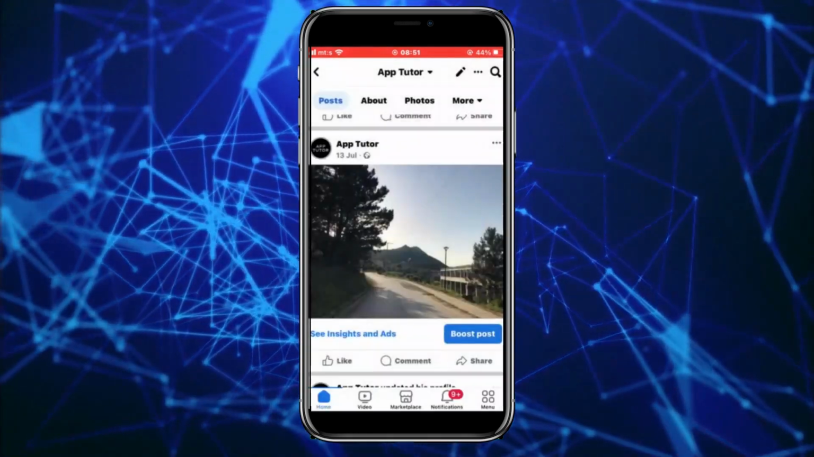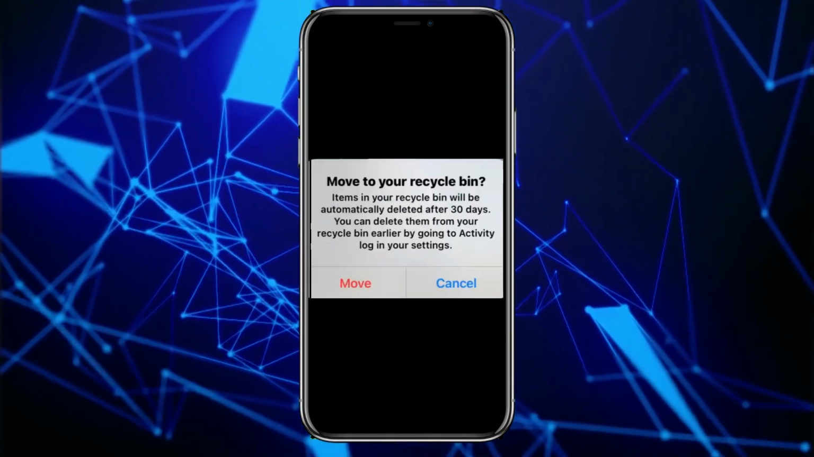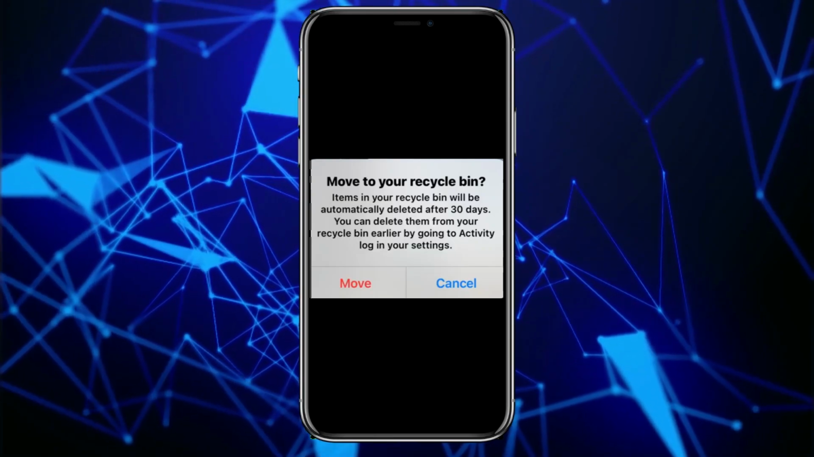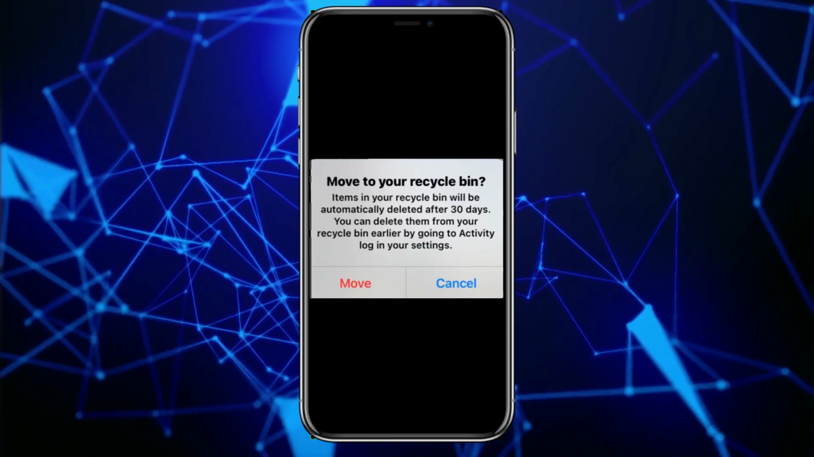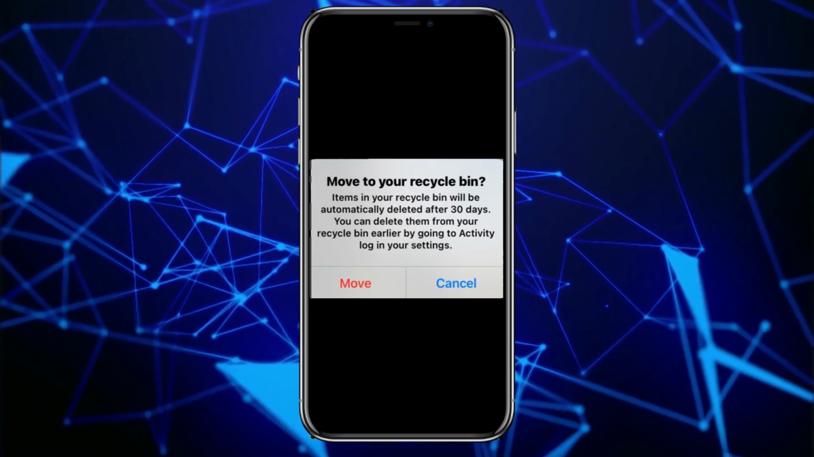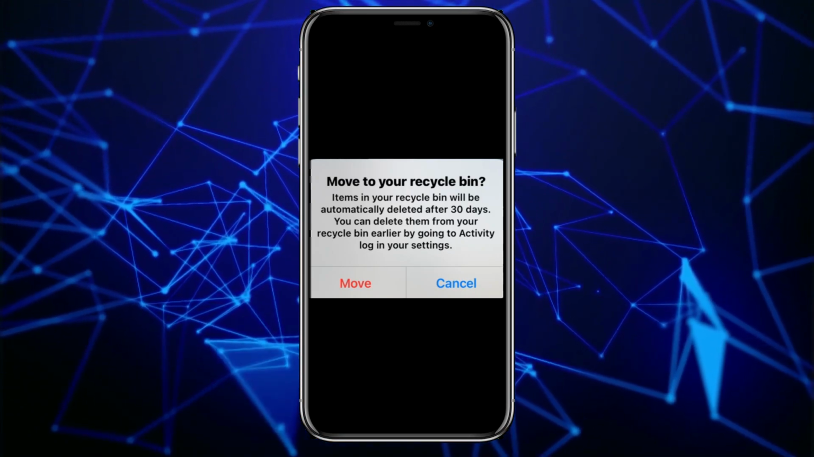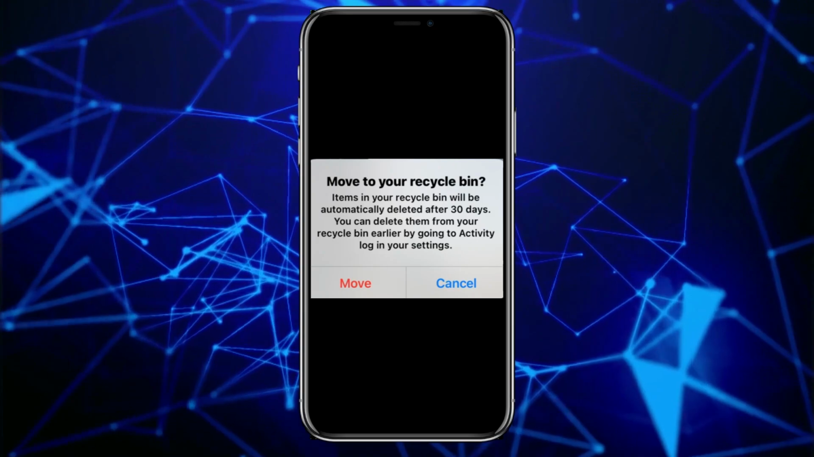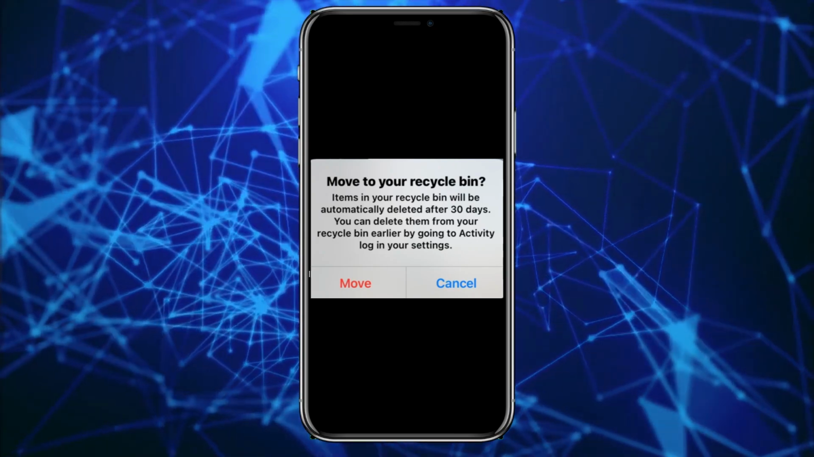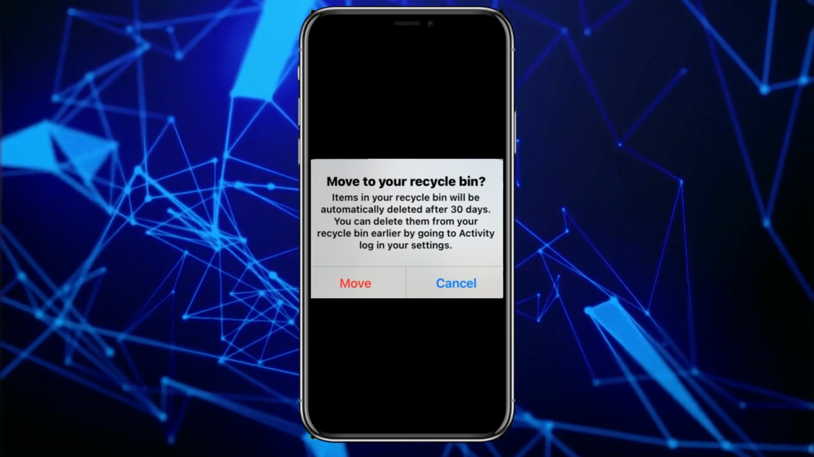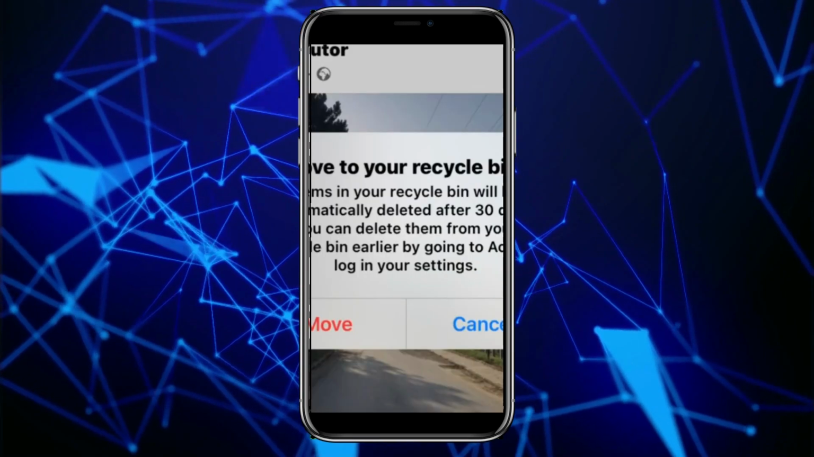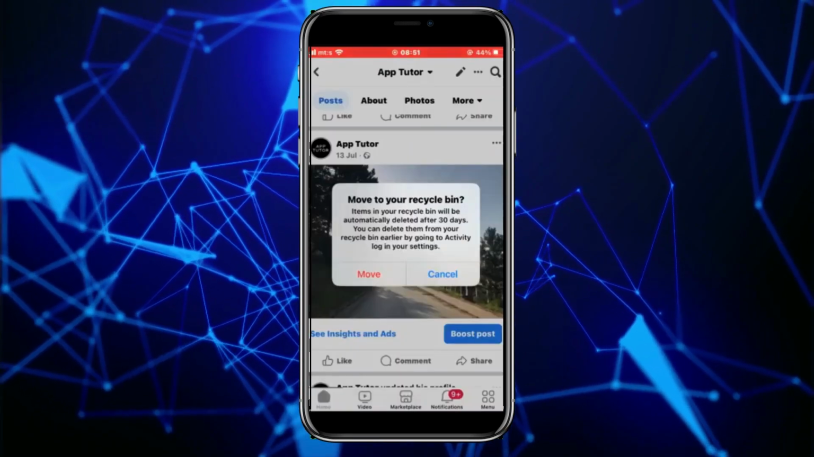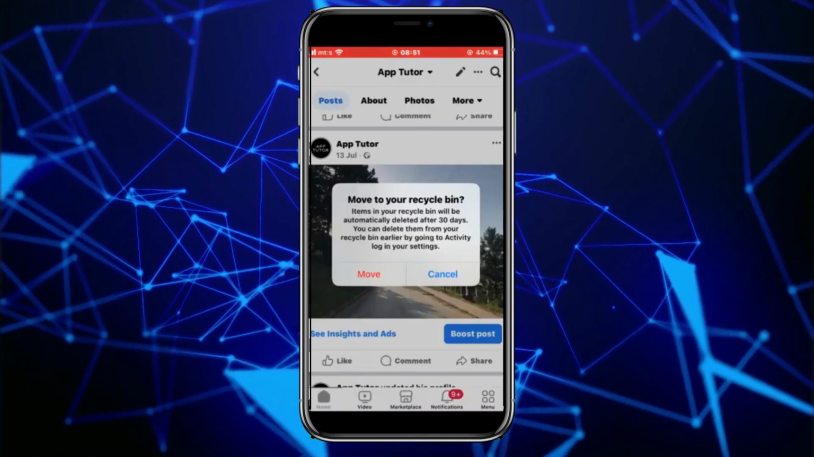Recycle bin. We'll get another message that says that the items from our recycle bin will be automatically deleted after 30 days. So the post with all your photos will be stored in the recycle bin, and you can restore the photos within 30 days. We do that by going into the activity log in the Facebook settings. But those are the 2 different methods on how we can delete our Facebook photos from the